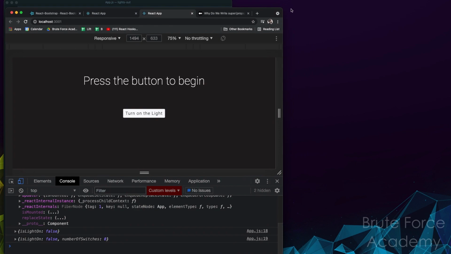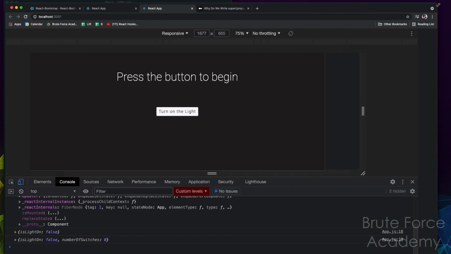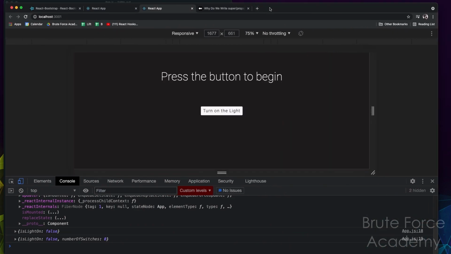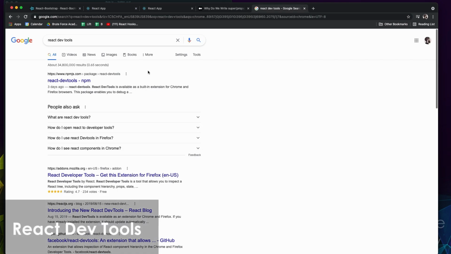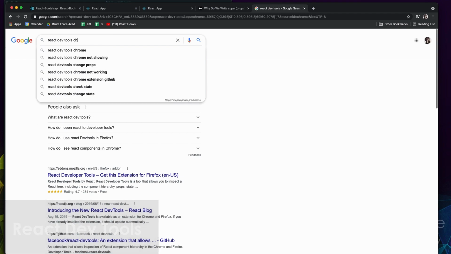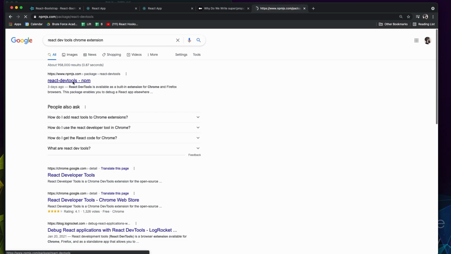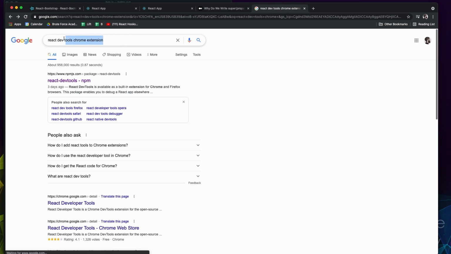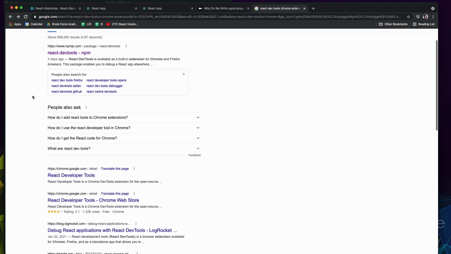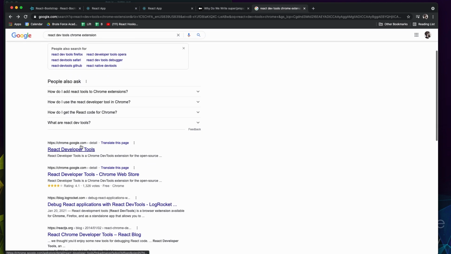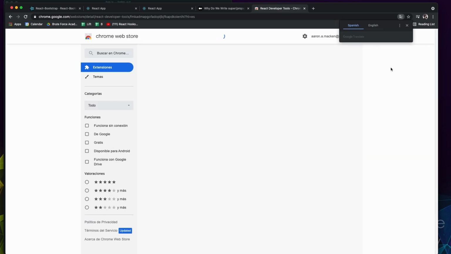helpful tool to look at all this stuff besides console.logging would be the React Dev Tools, okay, which is a Chrome extension, and I believe they have it for Firefox as well, okay. But if I just take a look at React Dev Tools right here, if I just give a quick Google search to React Dev Tools, okay, I can see the Chrome extension right here. So if I just go ahead and click on it,